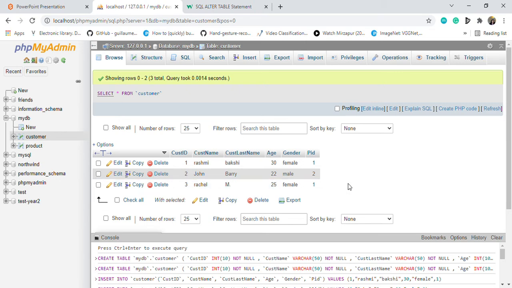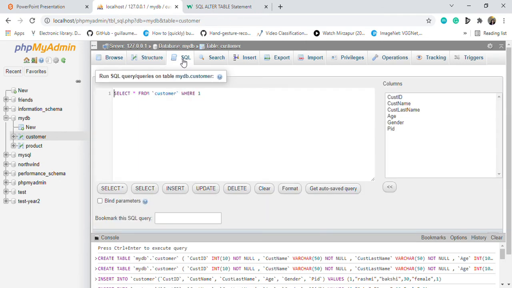Okay, so 2 tables are created. This PID is a primary key in product table but acts as a foreign key in this table. This is how you relate the 2 tables. Now let's do some basic SQL. So for example, let me now create here